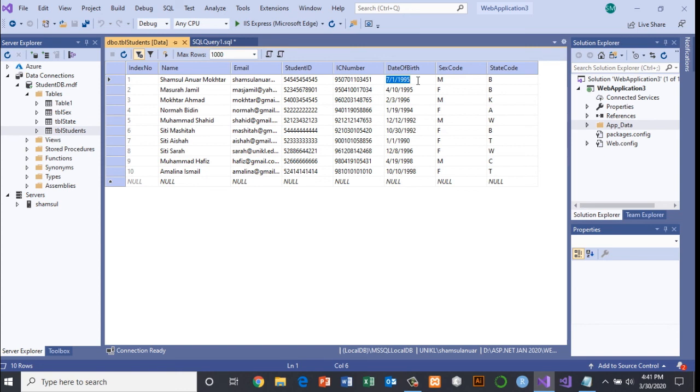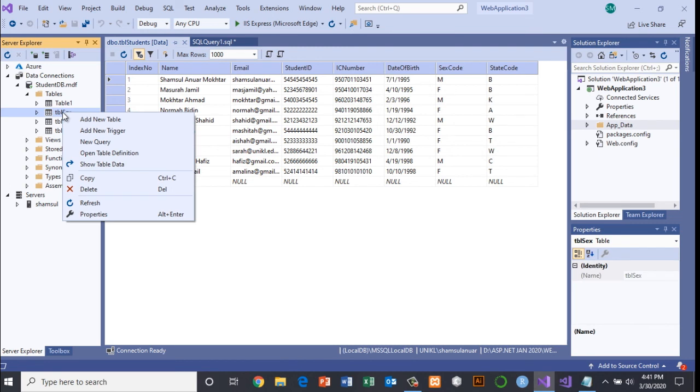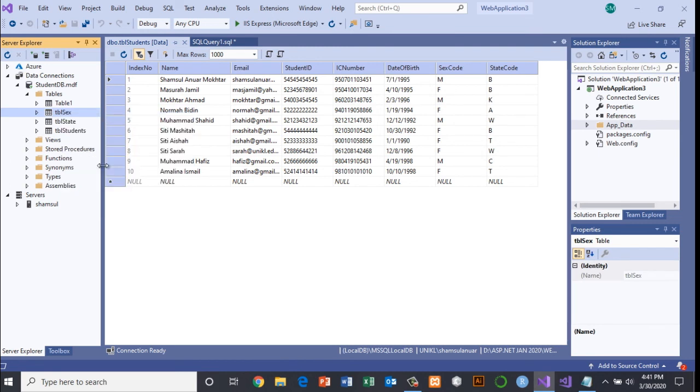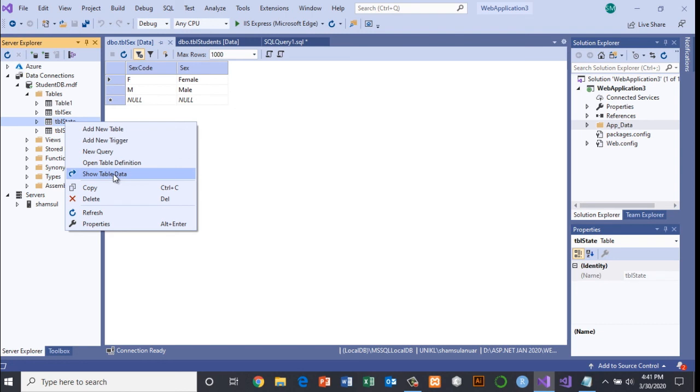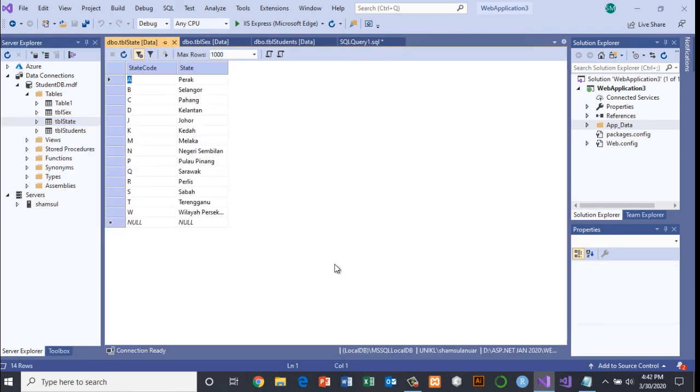Let's say this is TBL sex, show table data. We have female and male, and we have TBL state. These are very simple examples of how to create a SQL Server database and how to add data to it.